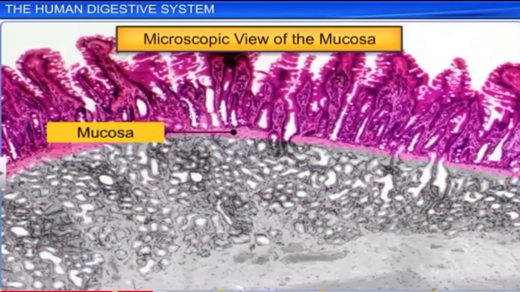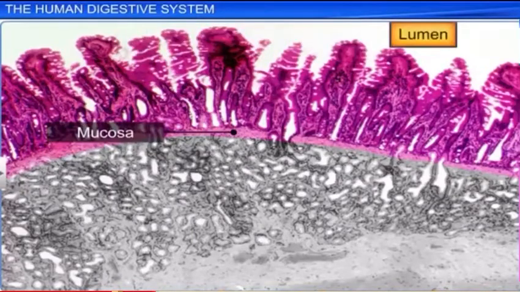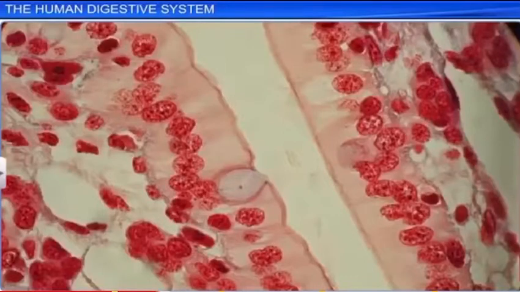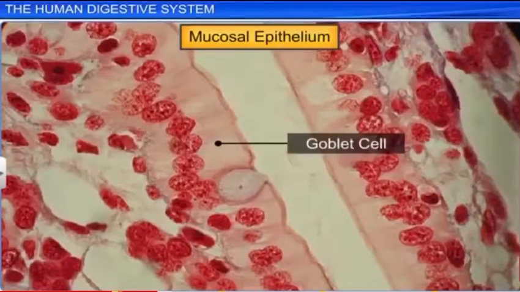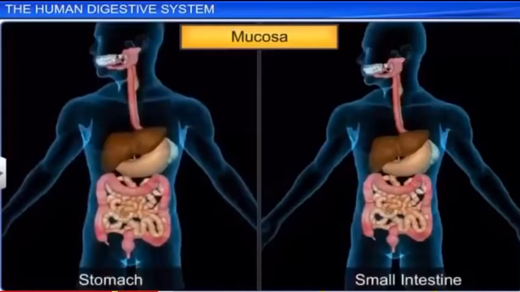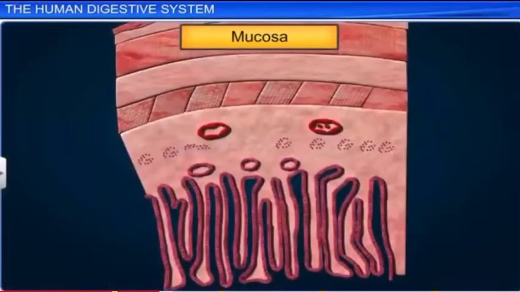Finally, the mucosa, the innermost layer of the alimentary canal, lines the lumen of the alimentary canal. It is an important layer as the mucosal epithelium has goblet cells which help in lubrication by secreting mucus. In the stomach, mucosa forms gastric glands and irregular folds called rugae,